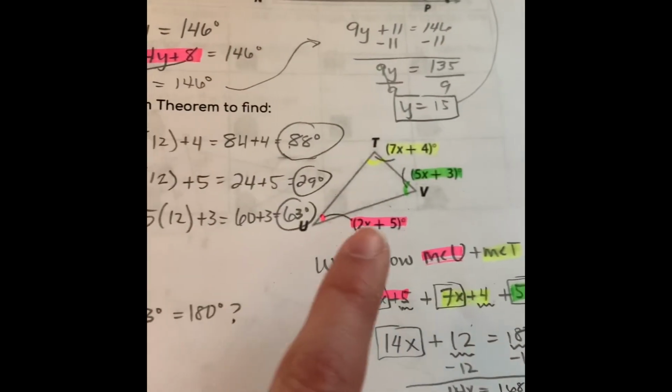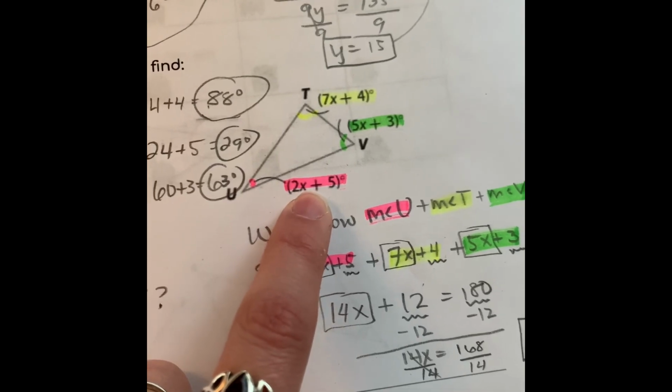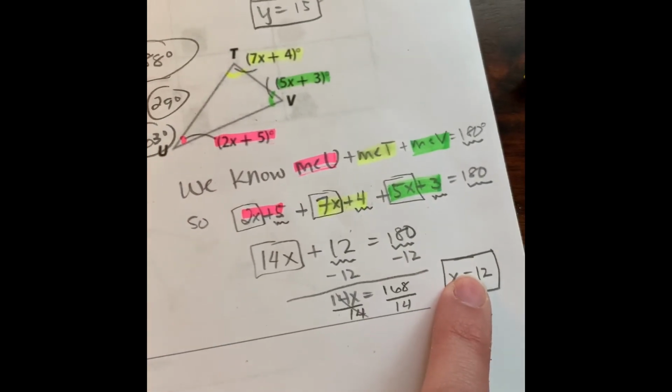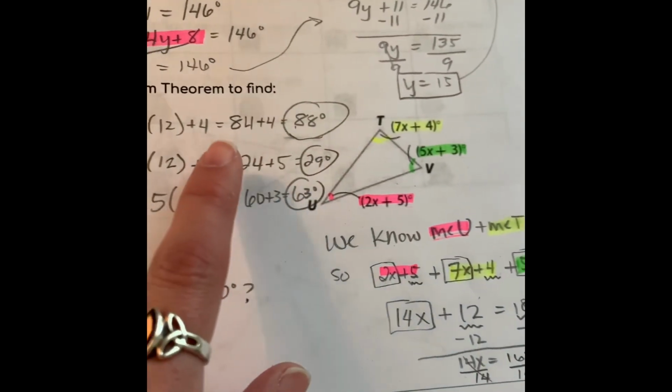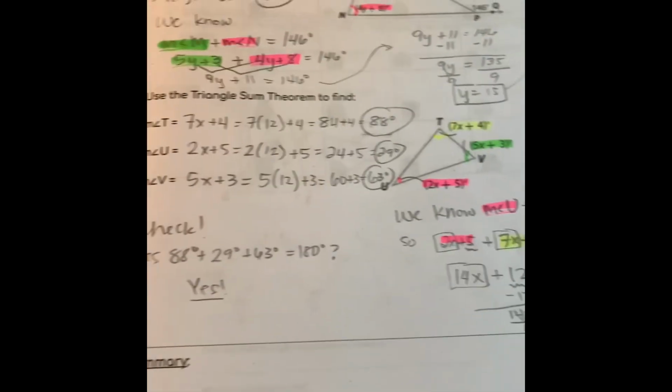From there, we can't just say that's the answer, right? We have to plug that in to find our actual angles. So 2x plus 5, what we can do is we can replace this x with that 12, right? So 2 times 12 plus 5 gives us our 88 degrees. So on and so forth. So anyways,